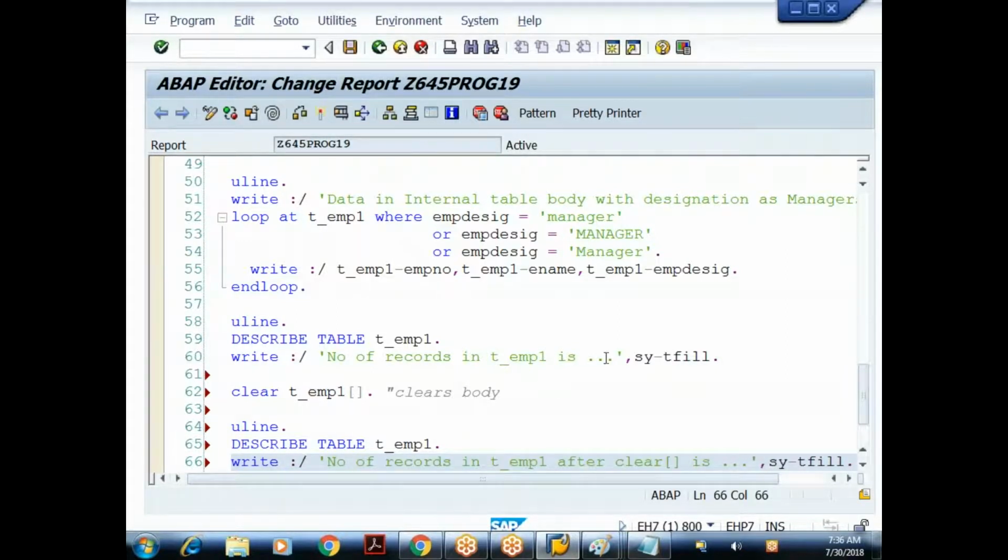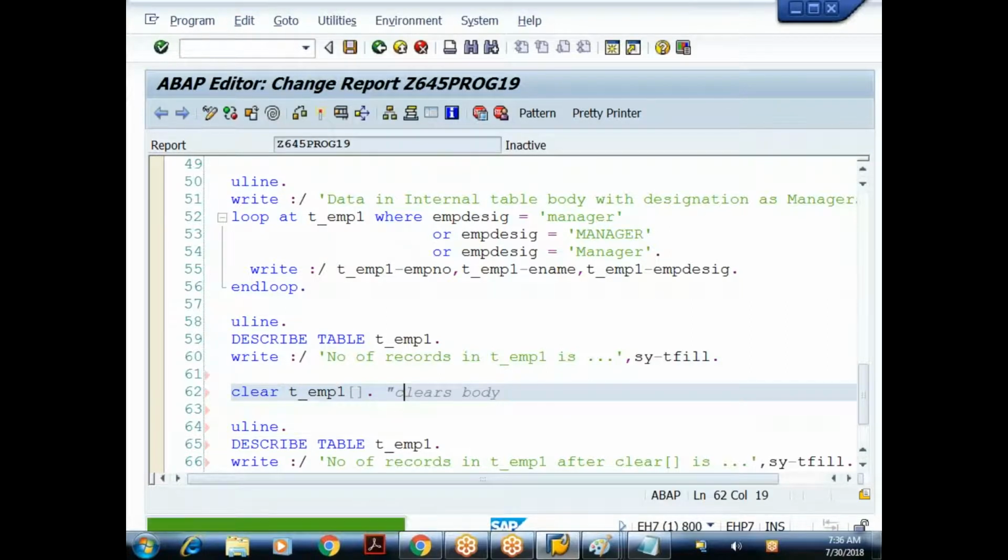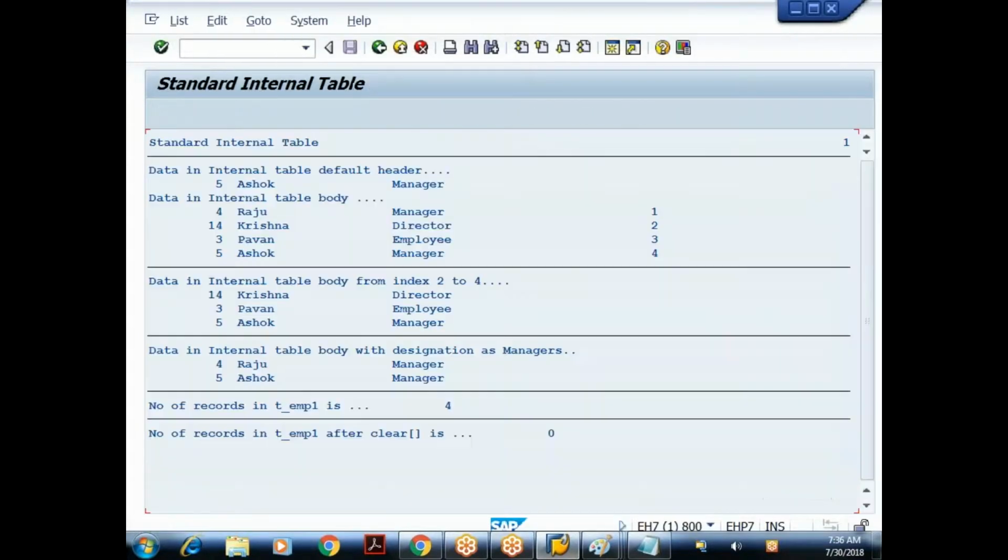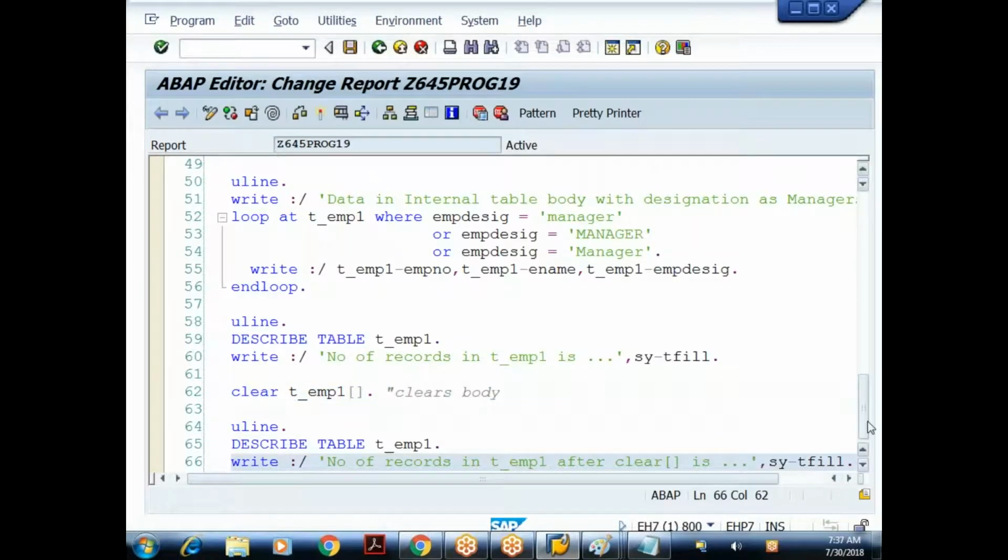Understood? Before clearing, it is showing the count as what? 4. Now I am using clear. I am using this symbol. This symbol refers to what? Body. So when I execute, good. Number of records in T underscore emp1 after clear is what? 0. So at this stage, the count is what? 0.